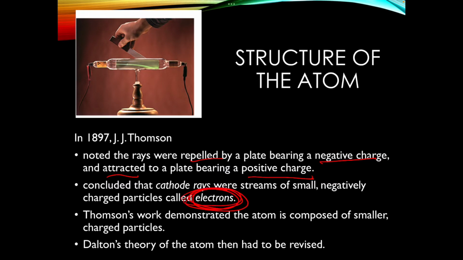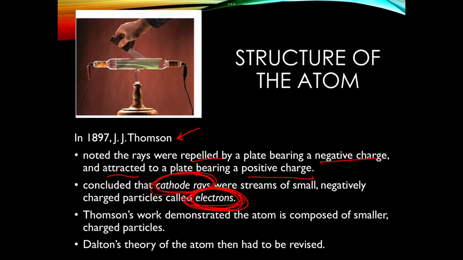So what I want you to know about J.J. Thomson is that he discovered the electrons using cathode rays. Essentially, what all of this proved is that there are electrons in the atom. These cathode rays were coming out of the atom, based on the radiation they were studying. So the cathode rays are coming from the atom and they are negatively charged. So there must be negatively charged stuff in our atom for it to be able to give off negatively charged stuff, right? So Dalton's theory of the atom had to be revised.